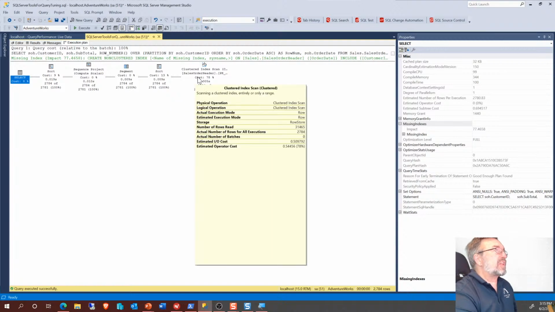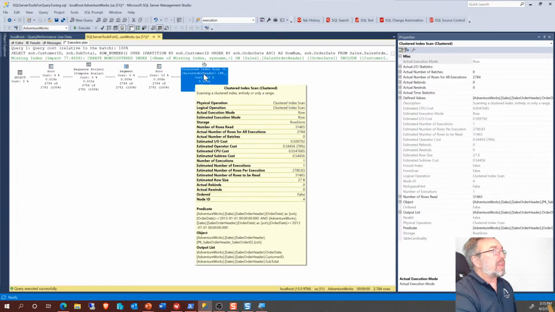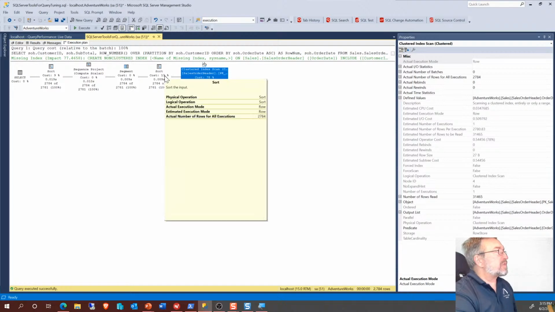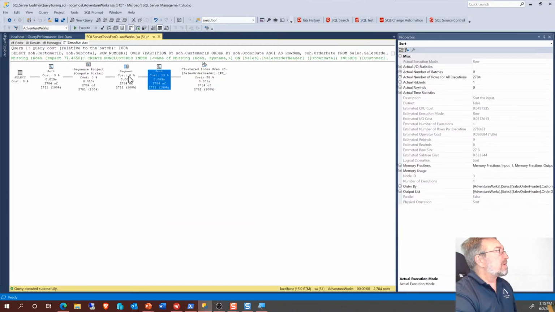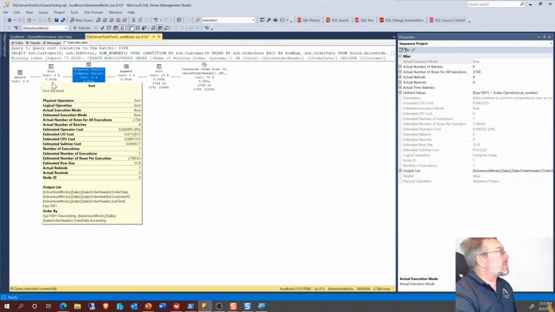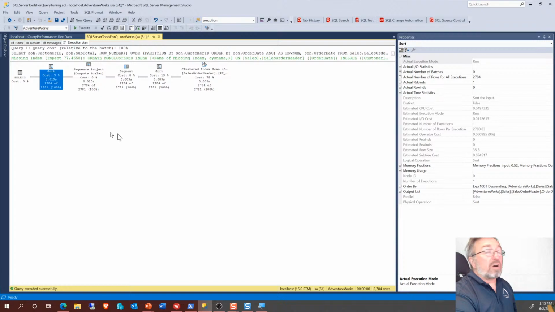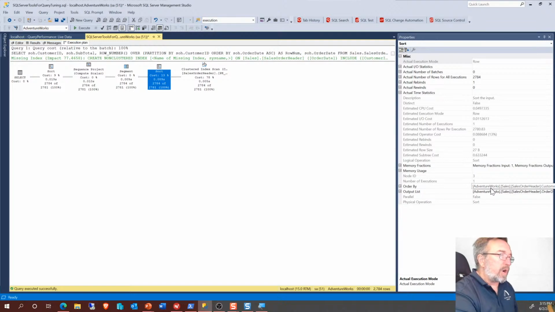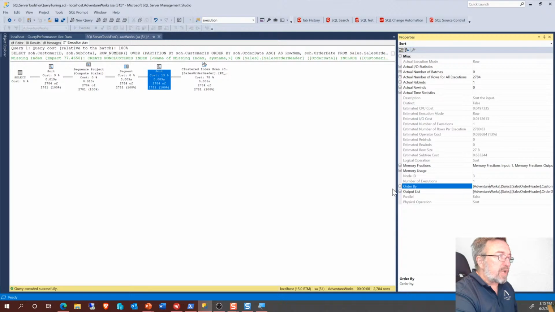It's not going to change anything necessarily beyond this, because the rest of the operations, the sort, segment, whatever that does, the sequence operation, and the other sort are all needed to fulfill the query. Now the first sort operation. Now sort operators, you say sort, everyone knows immediately what's going on. But the question is always the same. What is it sorting and why? And so we're going to zoom in down here